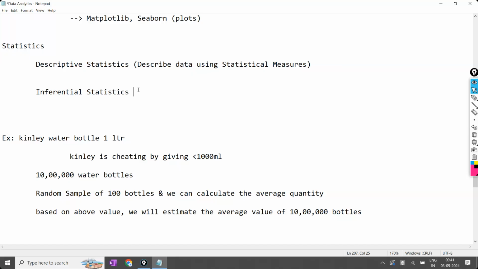For example, if I want to check whether the students are understanding or not, and I see only the first student and second student who are sitting in the first bench, then it is called biased sampling. If I observe each and every student from left side to right side, from front bench to last bench, or if I select one student randomly from wherever it is, then it is called random sampling. When you are doing random sampling, accuracy will be very high. When you are doing biased sampling, you will get one-sided answers, right?